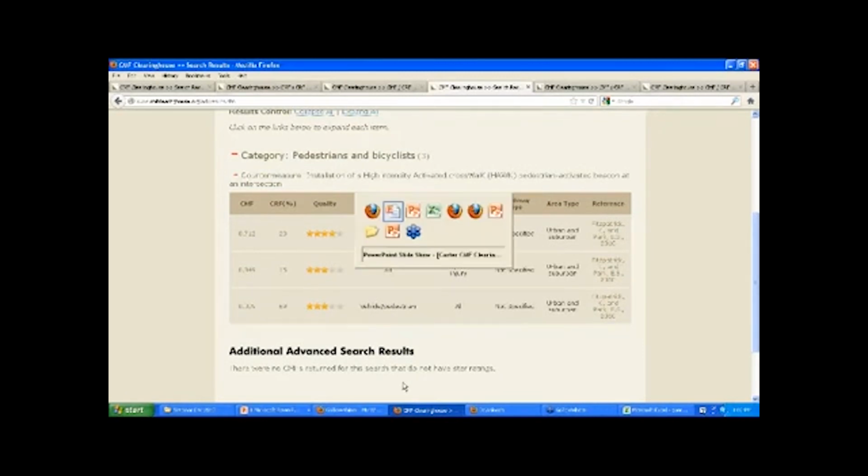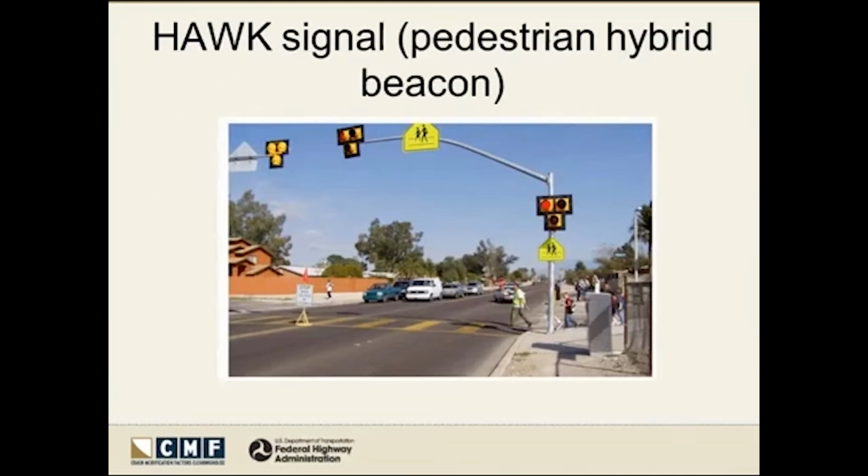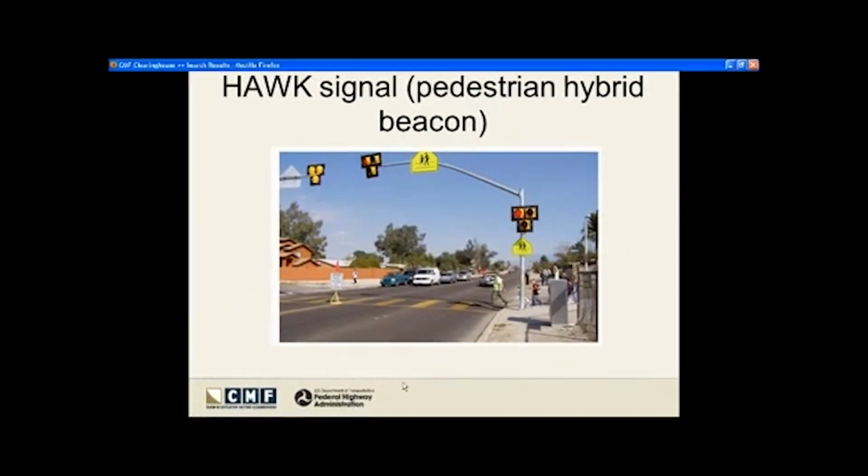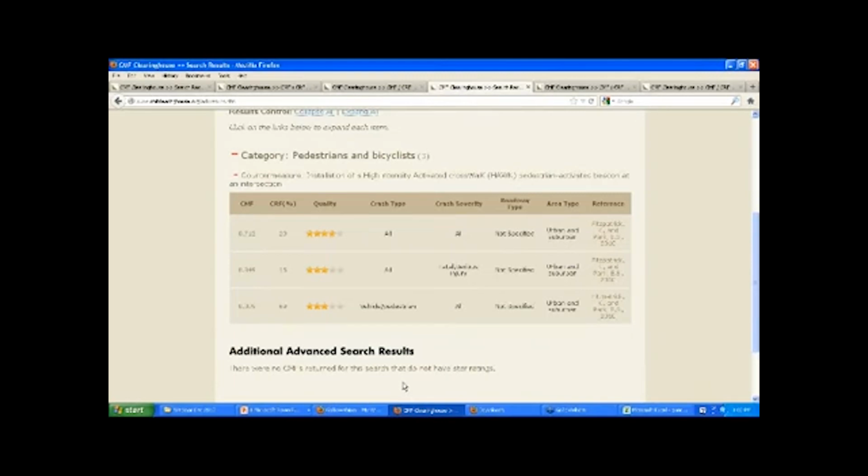And I actually have a picture of what this looks like if you're not familiar with it. So a HAWK signal is of this configuration, mid-block crossing. It's a certain type of signal that's activated by a pedestrian to cross the street. So it brings the vehicles to a stop while the pedestrian crosses. So we can see the effect over here,